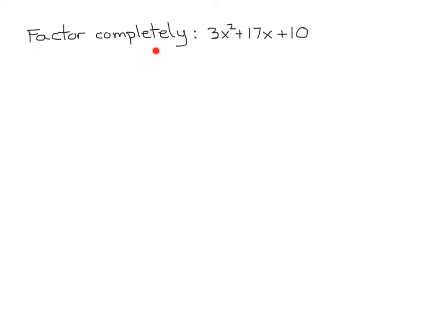In this problem, I need to factor completely this trinomial here. Don't forget, the first thing you should always do is look for greatest common factors. Well, they don't all have a variable in common, and there is no numerical common factor between 3, 17, and 10. So what we're going to do is compare this to